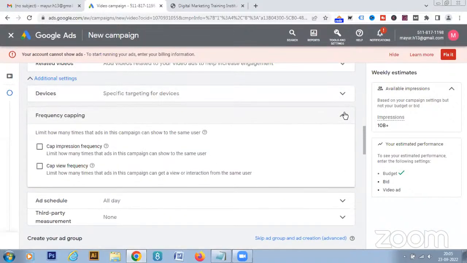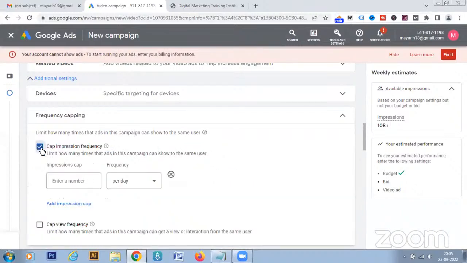Frequency capping, again, this is also important, guys. Limit how many times ads in the campaign can show to the same user. So you're saying that for a particular user, show the ad. We have seen that, right? When we are searching for something online, trying to buy something or planning to buy something, and then we go to YouTube and start seeing videos,